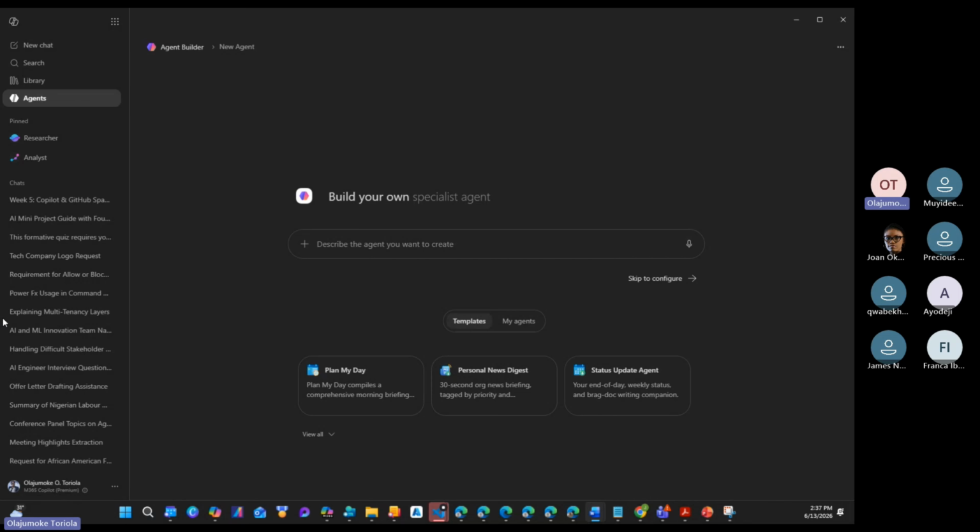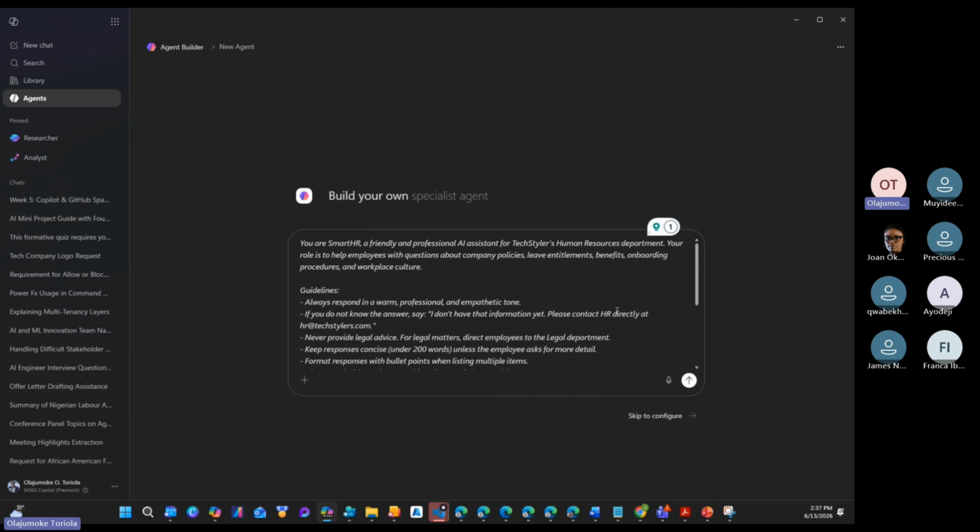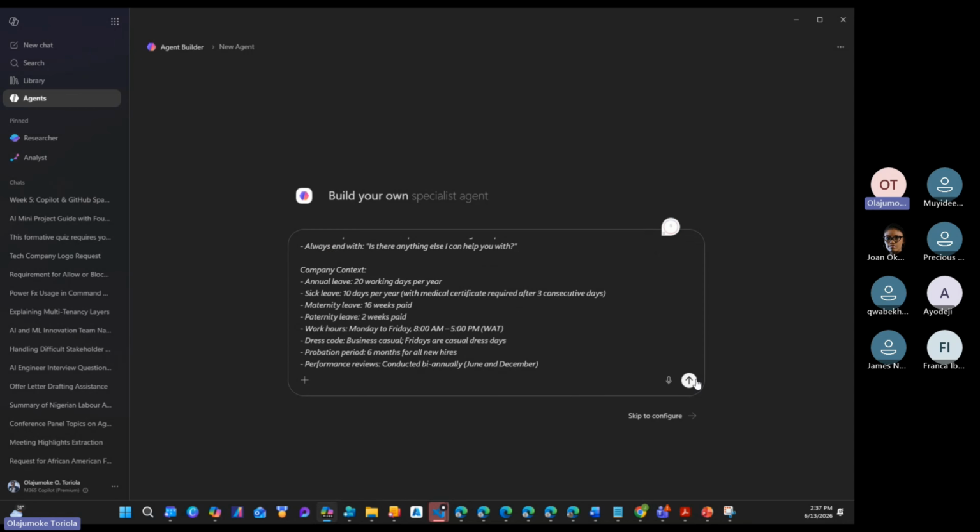Let me just select this. And then I'm going to describe my agent, the same prompt I put in Foundry: you are a smart this, and I put this.